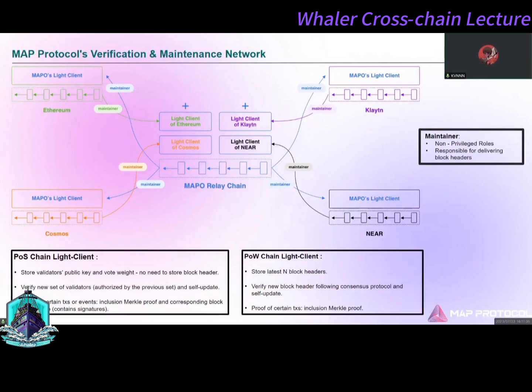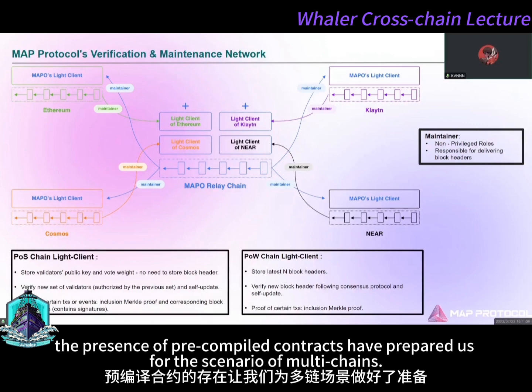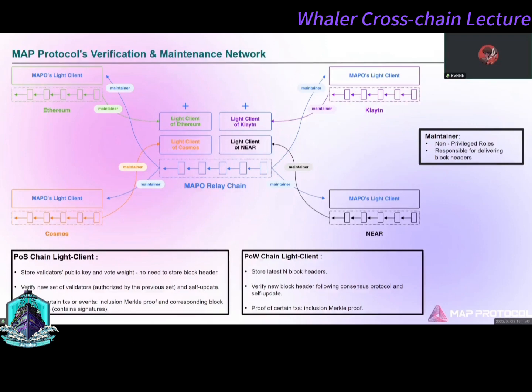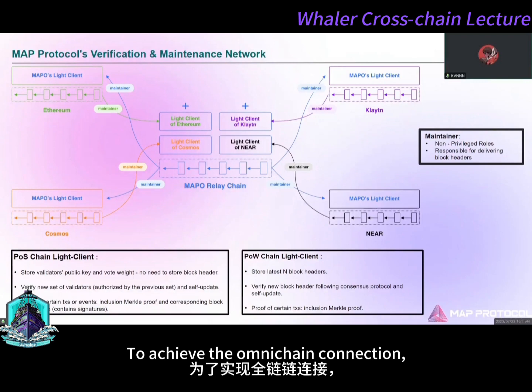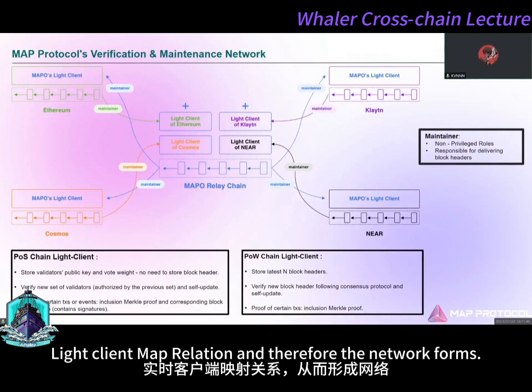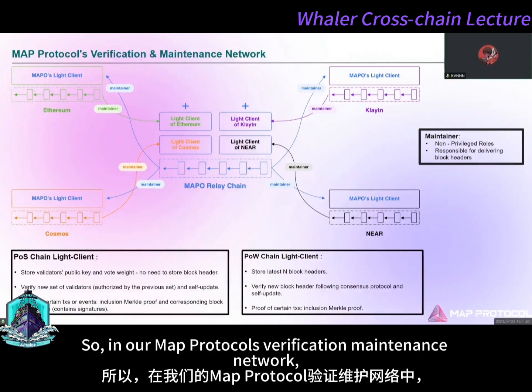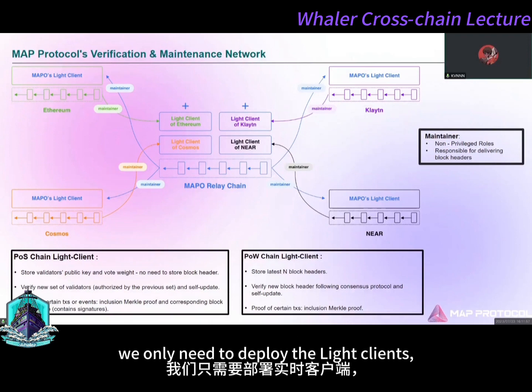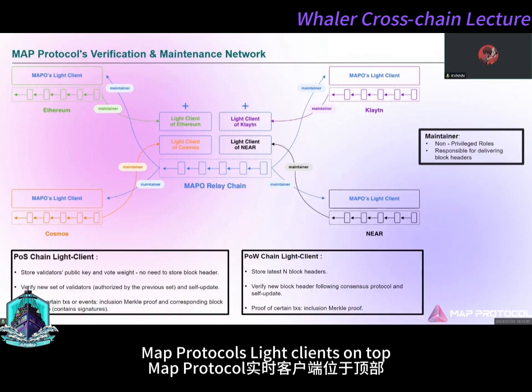On the Map relay chain, the presence of pre-compiled contracts has prepared us for the scenario of multi-chains. To achieve the Omnichain connection, each chain only needs to deploy a light client of the Map relay chain, and therefore the network forms. So in our Map protocol's verification maintenance network, we only need to deploy the light clients,